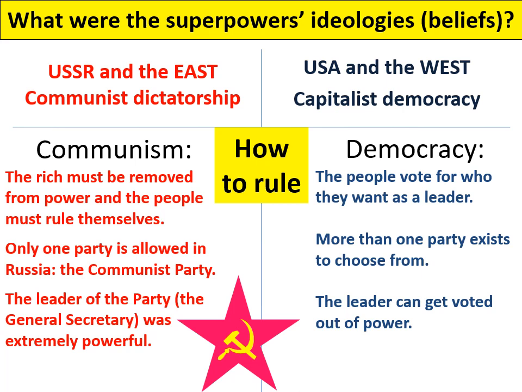More than one party can exist. There is in fact a British Communist Party which you're welcome to vote for in the next election, but hopefully this course will show you why that would be a horrible idea. But most importantly, the leader can get voted out of power. So if you don't think the Prime Minister is doing a particularly good job, in 5 years' time, you can vote them out. In the Soviet Union, only one leader is ever removed from power because he was unpopular. And it's not even because he was unpopular with the people, it's because he was unpopular with his party.